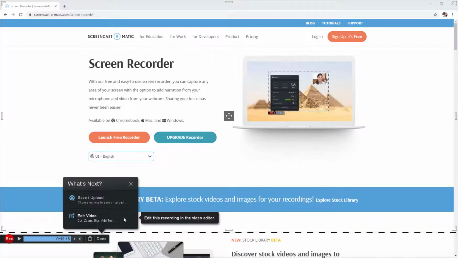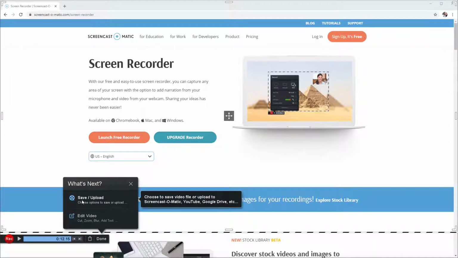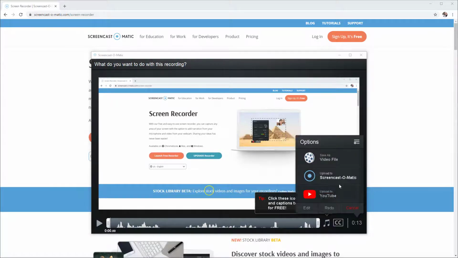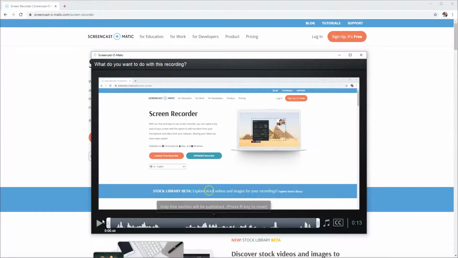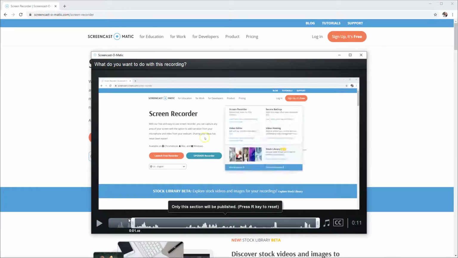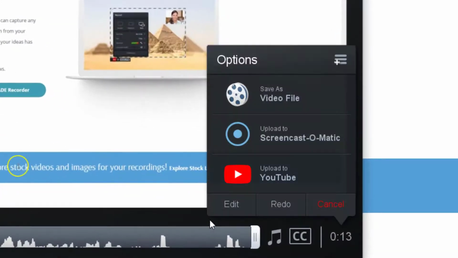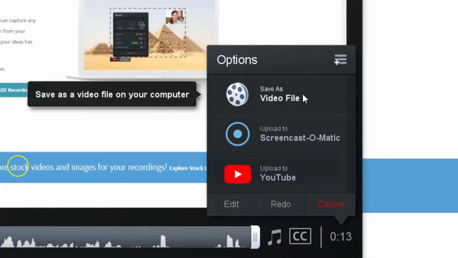Because we're using a free version, video editor is not available to us. So I'm just going to click the save and upload. And we have some very basic editing tools in here right before we save it. We can cut off the beginning or the end of the video. Just the beginning and the end. And then we're going to save video. So this is going to save your video as an MP4. But before I move on,